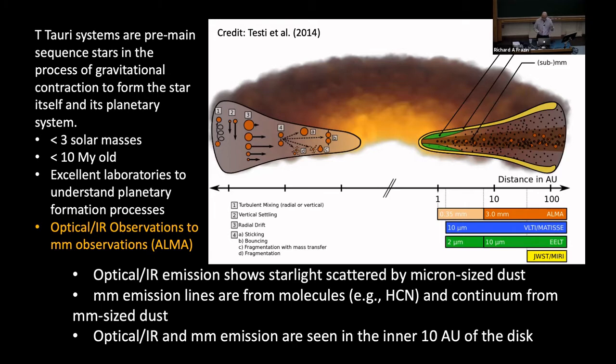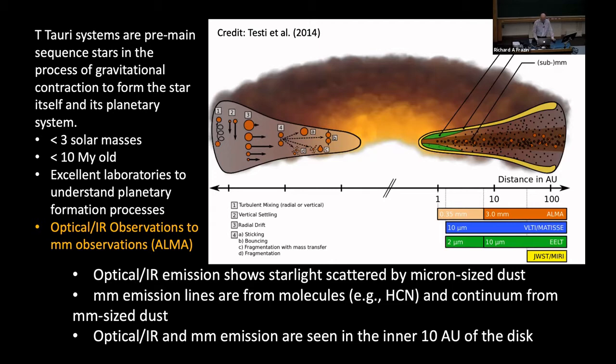What you see in the millimeter is continuum radiation from millimeter-sized dust grains, more or less thermal, but you'll also see emission lines from molecules like the hydrogen cyanide we just saw. So the optical and millimeter emission are a very complementary set of observations